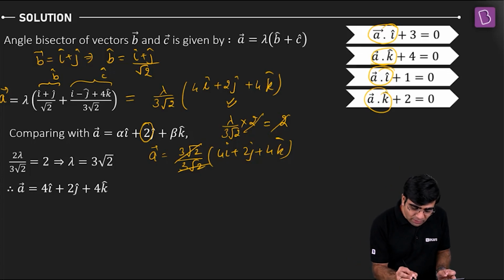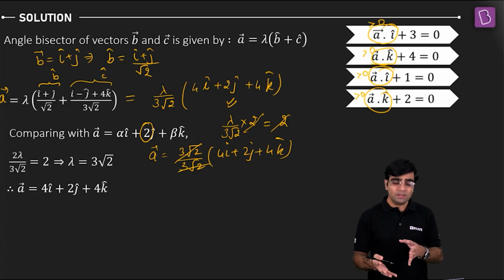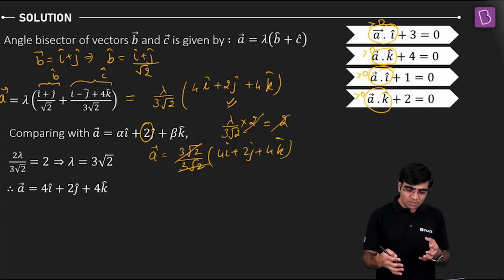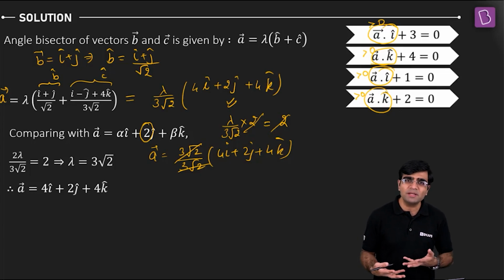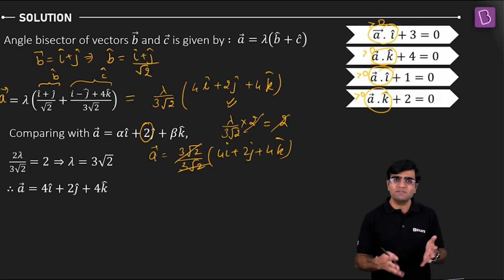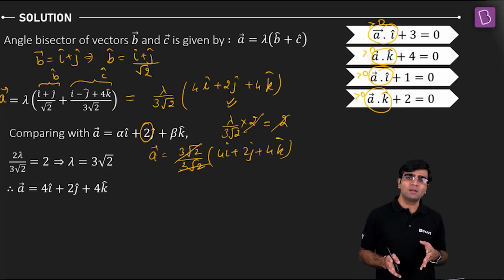All these quantities are greater than 0. This is also greater than 0, this is also greater than 0, this is also greater than 0. In every such option, a value greater than 0 plus another value greater than 0 equals 0. Is there a possibility that the sum of two positive quantities will give me 0? Not at all, right? None of the options will satisfy this.